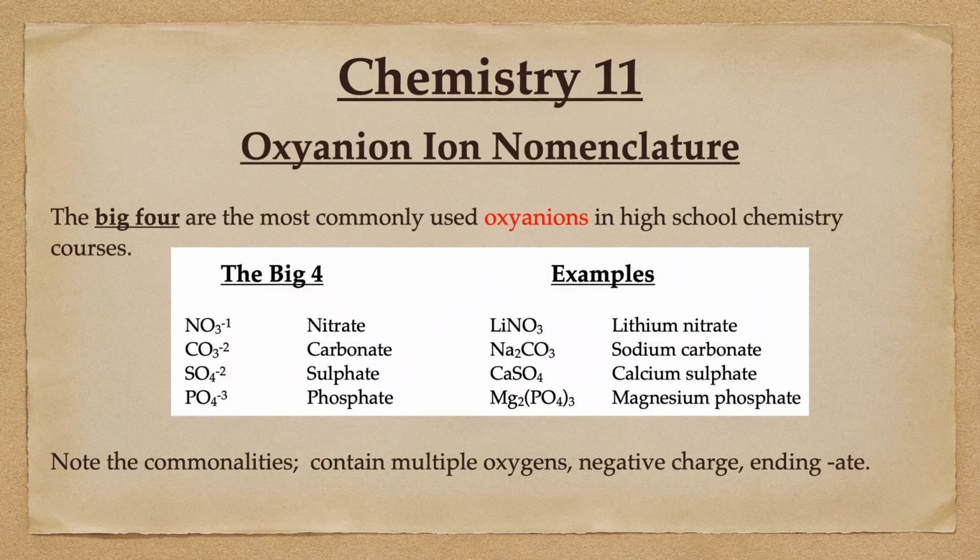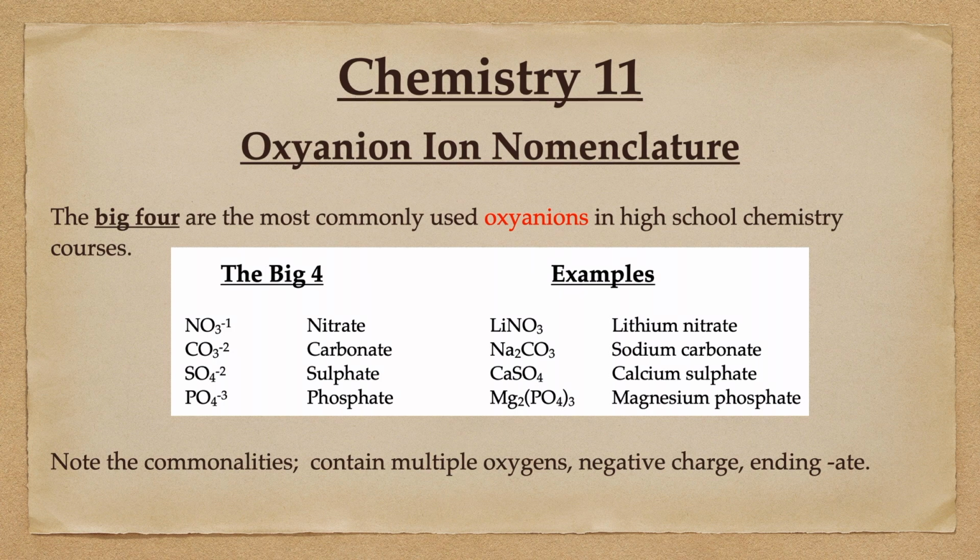The most commonly used oxyanions I call the big four. The big four are nitrate, NO3 with a -1, carbonate, CO3 with a -2, sulfate, SO4 with a -2, and phosphate, PO4 with a -3. When combined to make compounds, the big four act as if they were simple ions. Nitrate with lithium becomes lithium nitrate, carbonate with sodium becomes sodium carbonate, calcium with sulfate, simply calcium sulfate, and magnesium